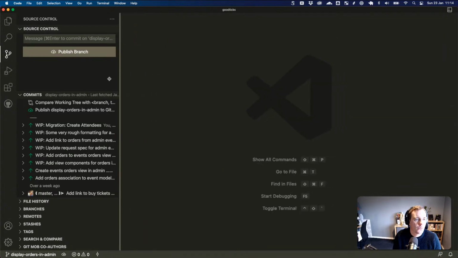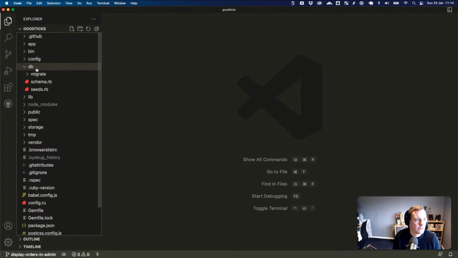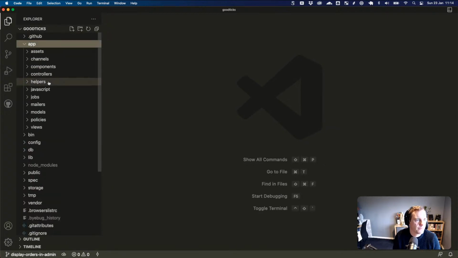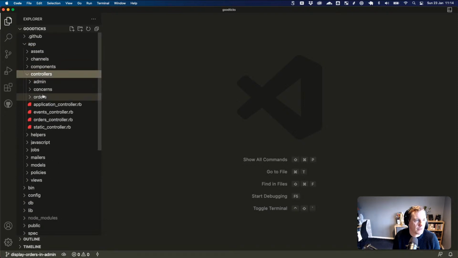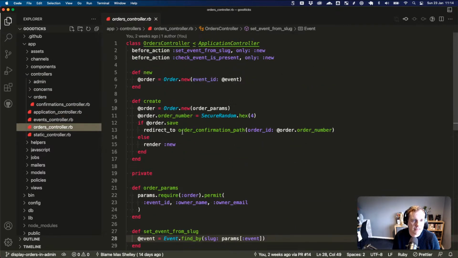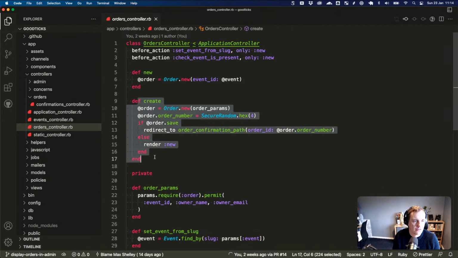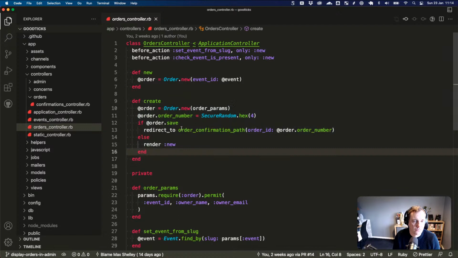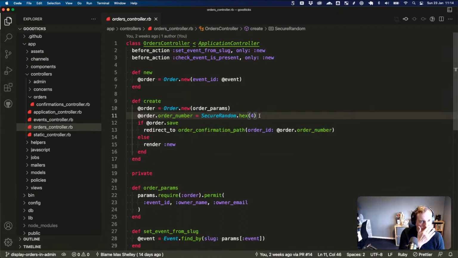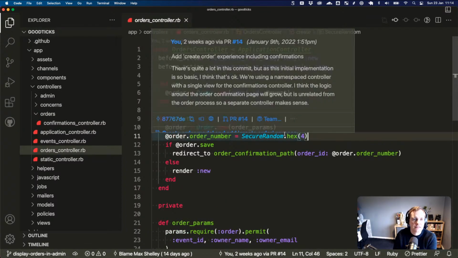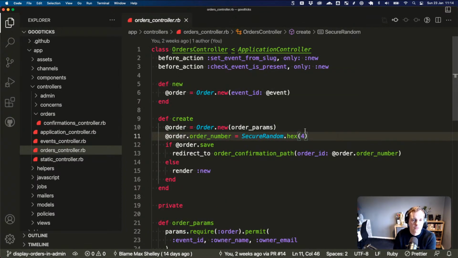Now, when do we want to create these attendees? We want to create them when we're creating our order. So how does that happen at the moment? We have an orders controller here, which presumably has a create action here. And what we want to happen here is eventually